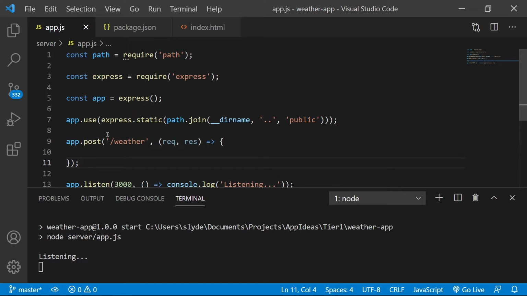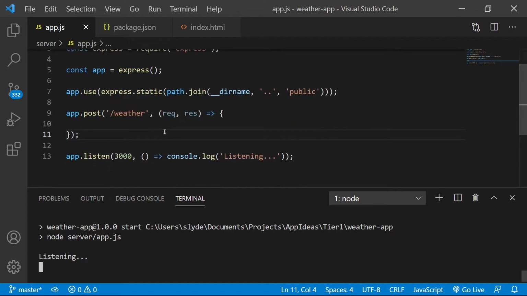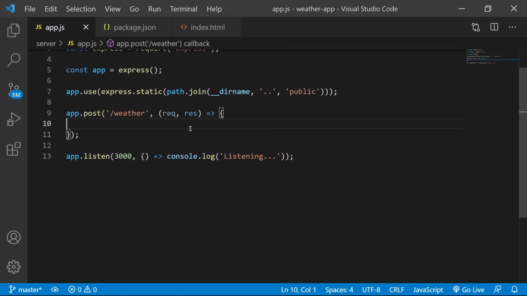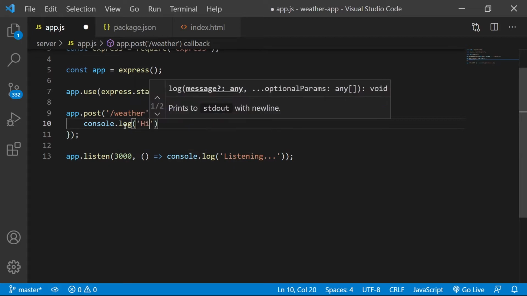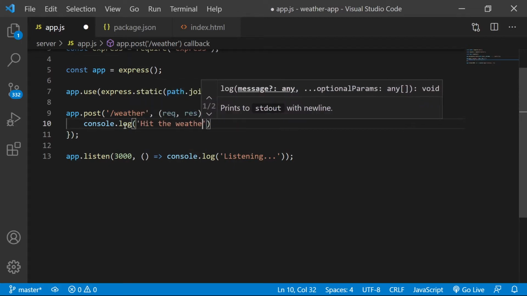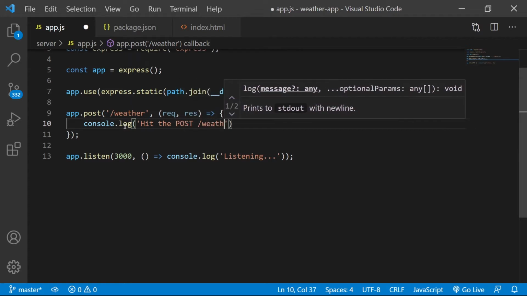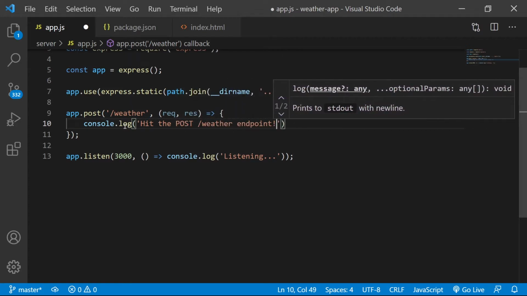A router just handles routing, a controller handles the logic. That way things are very organized. Similarly, on the front end, we can accomplish something like that too. So let's console log and say hit the post weather endpoint.